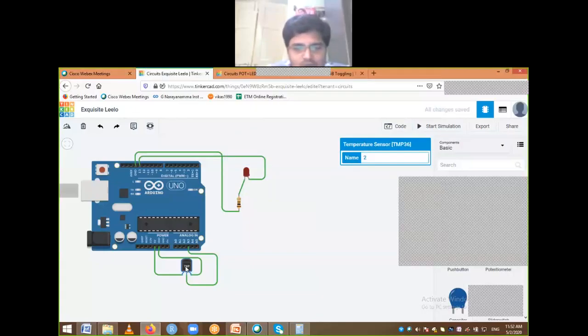So for the same circuit, we can also have other applications. Instead of a temperature sensor, I can have a moisture sensor here to measure whether a particular soil has enough moisture level or not.